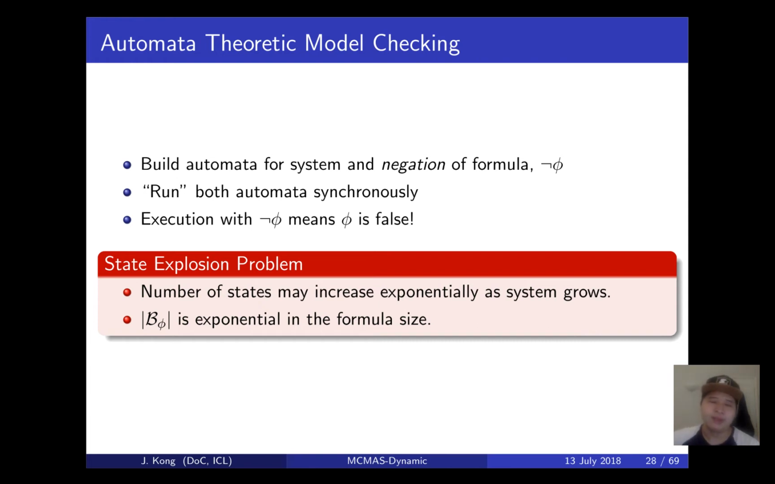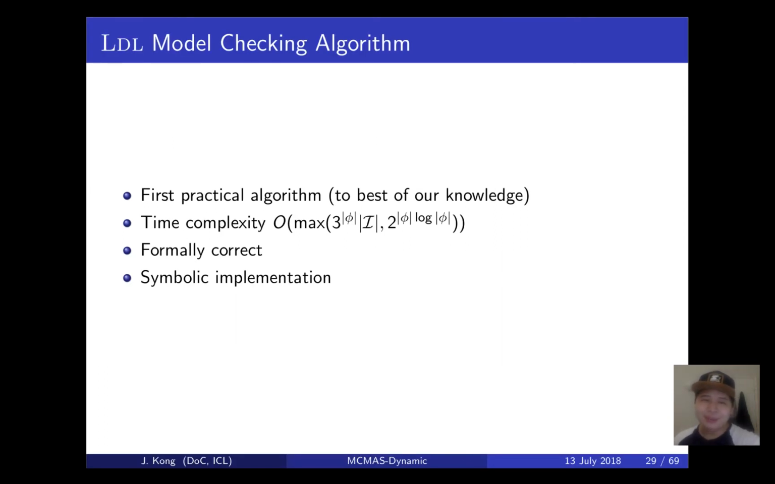And one problem we might run into here is called state explosion, where the number of states in our system automaton increases exponentially as our system grows. And also for our formula, the size of the Büchi automaton for our formula is exponential in the number of operators. So the model checking algorithm I just presented is the first practical LDL model checking algorithm to the best